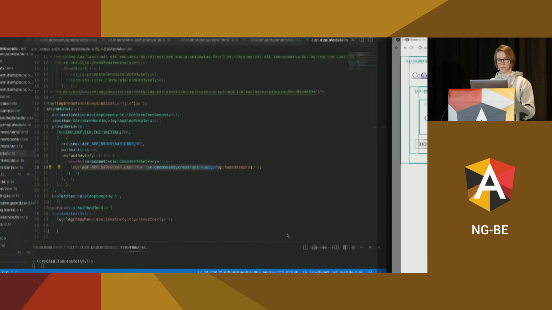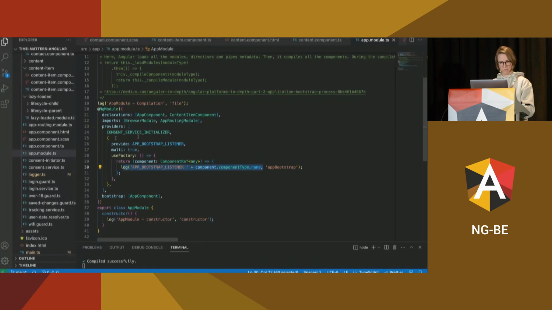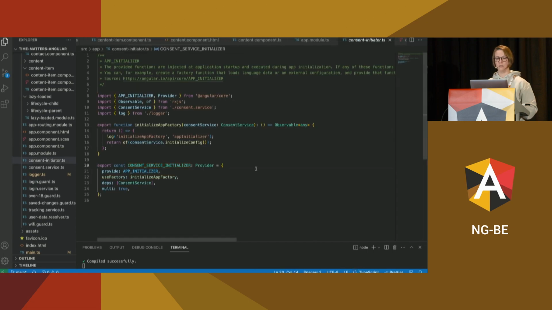For the next one, I do. And the next one is hidden behind the constant service initializer. Let's say marketing wants us to track our users. So we'd like to initiate our constant service as soon as possible. So we have to use the app initializer token when the app is being initialized.